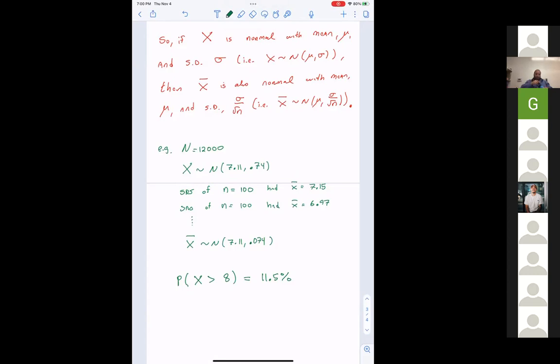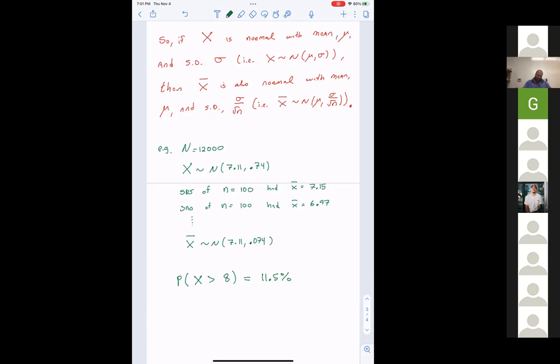I got a negative 11.5. Did you go from 8 to infinity or negative infinity to 8? Oh, negative. What do you do from where to where? Oh wait, it's okay. So you're with me? Or you're not with me? No, can you just go over it one more time?